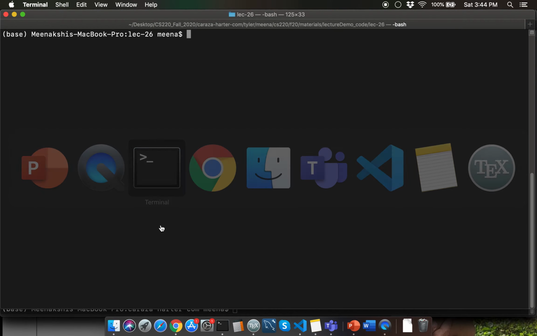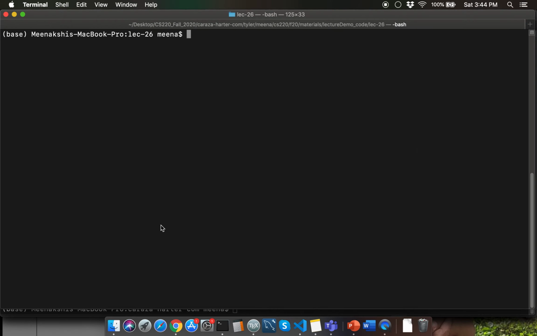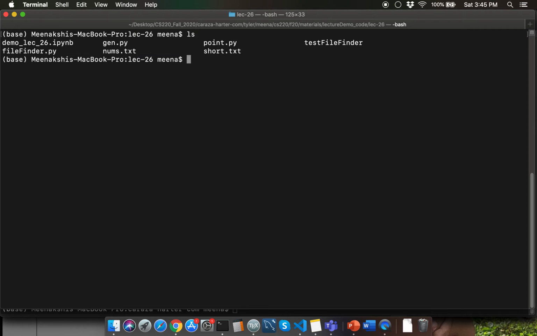Let me switch over to my terminal and talk about the files which I have in my current directory before we actually start talking about the demo. Recall that we can run the ls command either on the terminal or on a PowerShell if you're on Windows, and that's going to give us a list of all the files and directories in the current directory, correct? What if I want to find out more information about each of these files or directories? We can obtain more information by passing a flag to the ls command. The format for that is going to be ls, which is the command name, space hyphen l. L stands for the list flag over here.